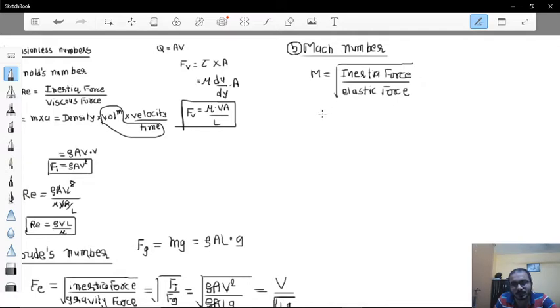Which is equal to rho A V square upon elastic forces Ka,